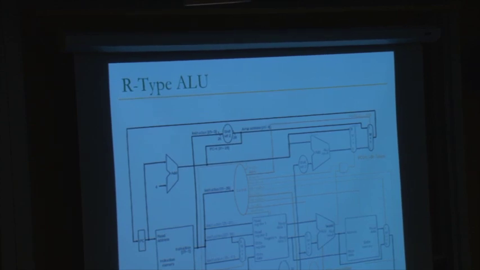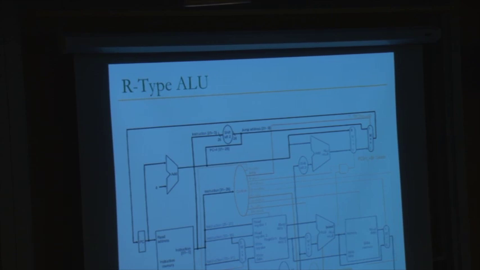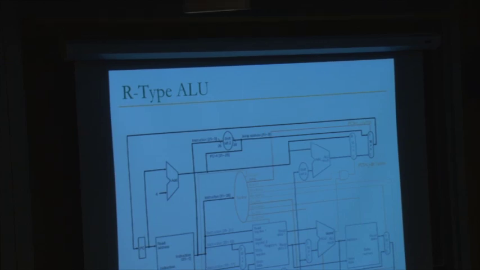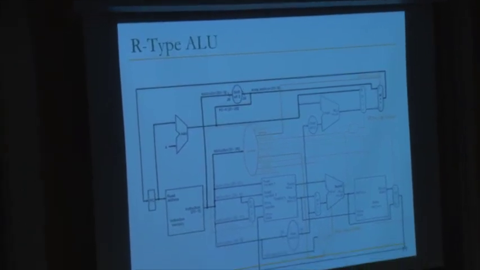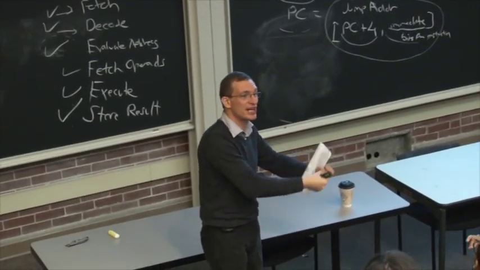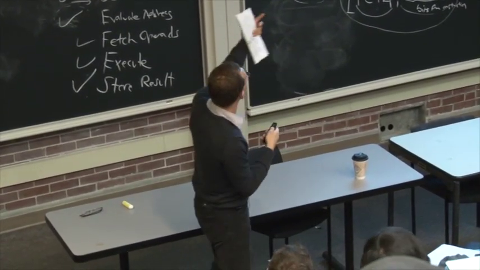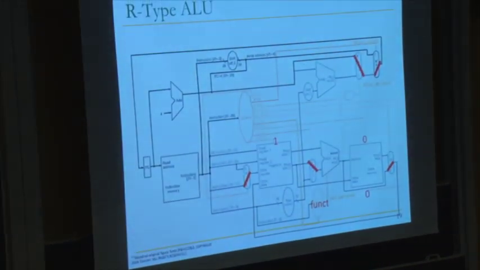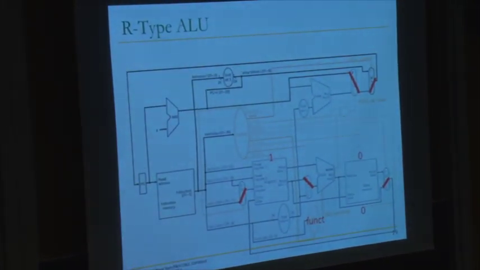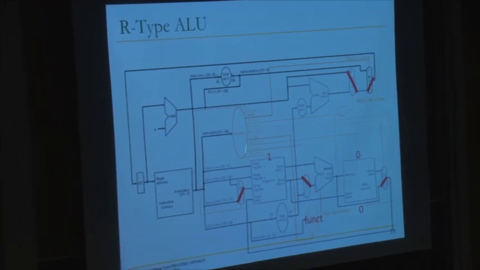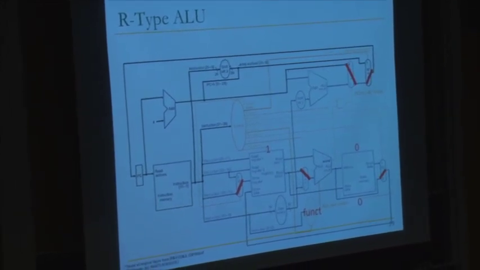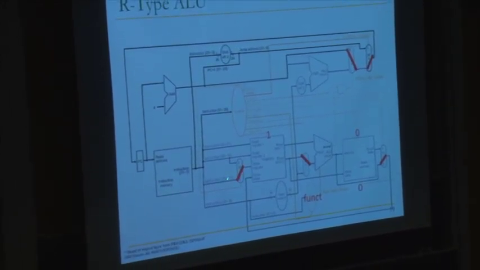So let's take a look at, I guess, basically what you're doing is really generating the control signals that connect different parts of the data path components and that enable the data path components to do the thing that the instruction specifies them to do, right? For example, an R-type ALU operation, you do this. This is you're really programming these wires, right? So if you look at this, what does this mean? If you're executing an R-type ALU operation,